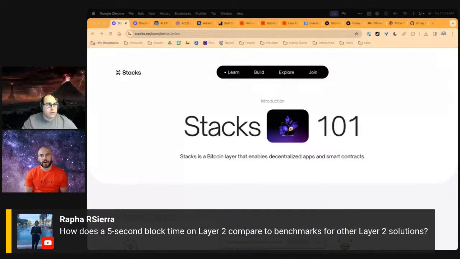Yeah. So layer 2s are... I was just talking to Bob Bodley yesterday. He's a CEO and founder in the Bitcoin layer space. He made an ordinals marketplace called Bionic, and he and I were having this conversation about how sidechain and layer 2 are just, unless you take a really expansive view on it, there are so many different kinds of layer 2s and side chains and things like that. So, that's to say, yeah, there are a number of L2s, and Stacks, when it was first made and